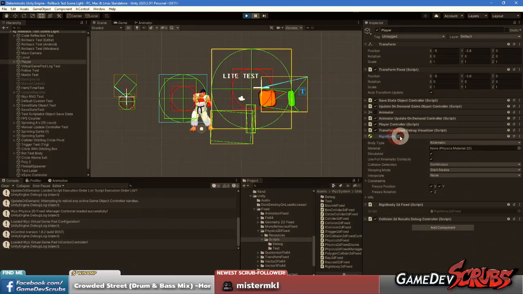So here, I got rigid body, but rigid body 2D fixed configures rigid body. When I need to do something with a rigid body, I go here first, and I do all my calculations here. And then it will tell rigid body what I did and what I wanted to do, and if it needs to update anything on my behalf. But everything has to be through these fixed things.